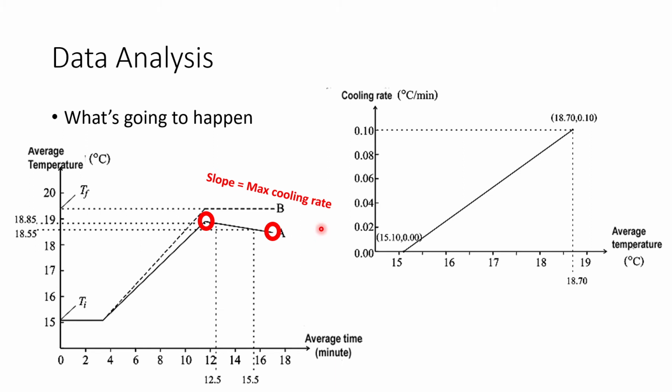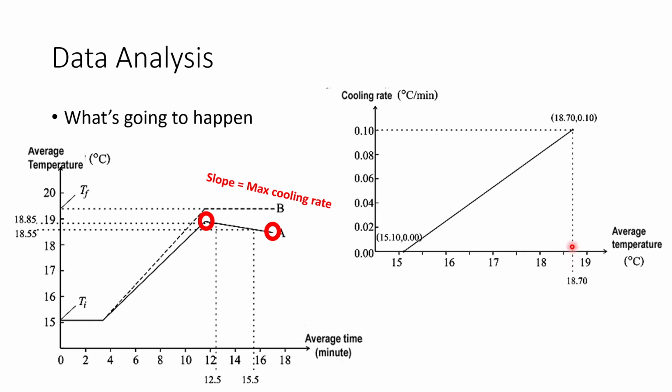So this would give you the cooling rate at the highest temperature right here. By doing this, you should be able to estimate the cooling rate between this point and this point. So this slope right here should give you the average cooling rate at the highest temperature. From here, you can see that the cool part is going to be 18.55 on the y-intercept, and here is 18.85 on the y-intercept. To estimate the slope, the average temperature of these two numbers is going to be 18.7. So 18.7 is going to be the x-axis here.